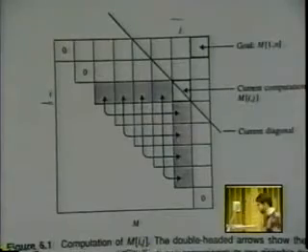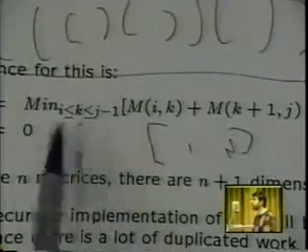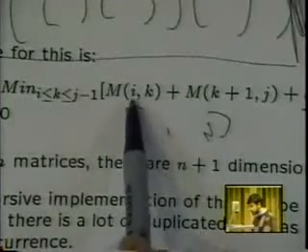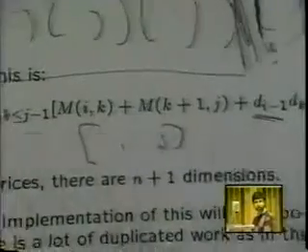If you go to our recurrence relation, if we go between j and I, we're going to pick some k value that's between that. That means that the distance from I to k is less than the value from I to j, correct? And the distance from k to j is less than the distance from I to j, correct? So if we've evaluated all the smaller cases, in evaluating ij, we know that those smaller cases are going to have to be sitting there waiting for us when we need them.